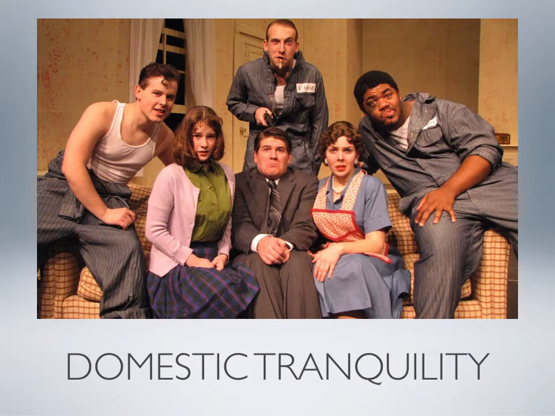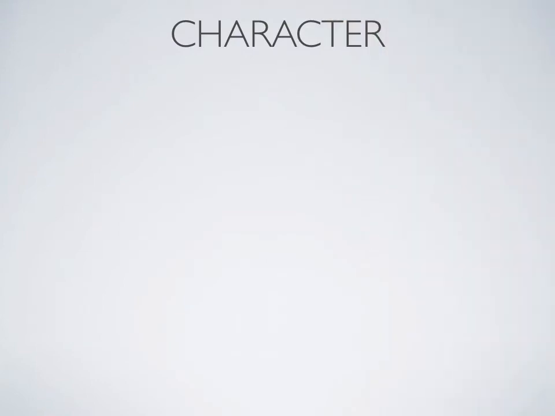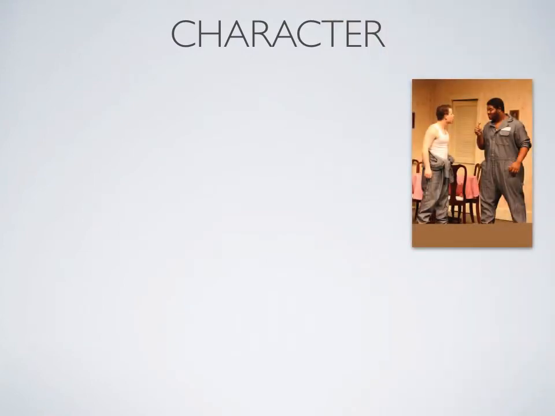One of the things I'll show you real quick is it can help develop character. So like in Domestic Tranquility, you've got several of the family members here, and it helps illustrate the family. Even the criminals have their same uniform, different ways to help tell you about the characters. And then as you look at the family, you can tell a little bit about them. So I'll kind of go through them one by one.